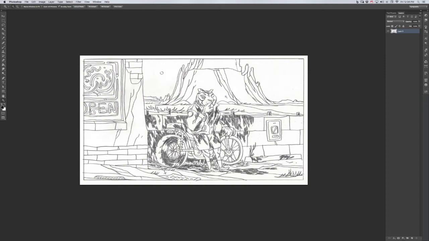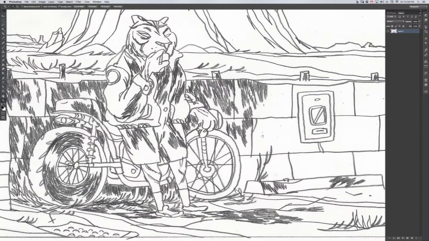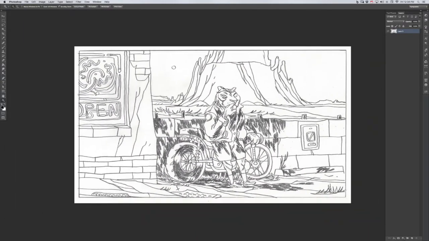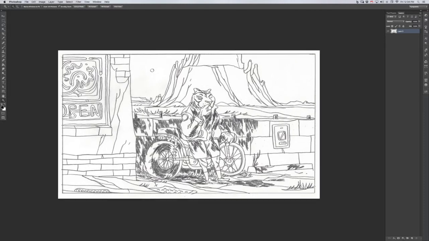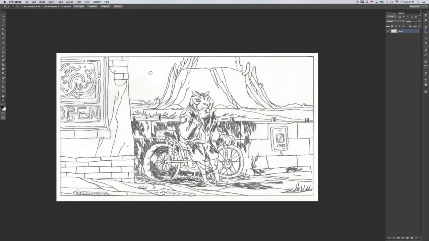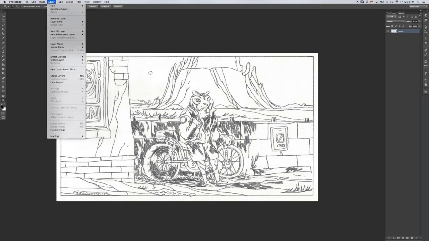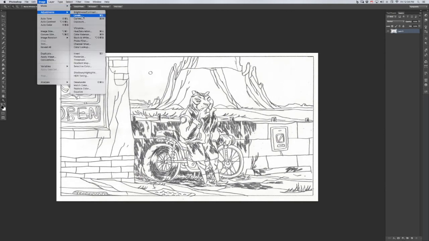I'm in Photoshop. I haven't done anything with the file, but I'm going to show you what I do. I'm going to do levels, which you can find in your image menu, or it's Command L. So find image, adjustments, levels,